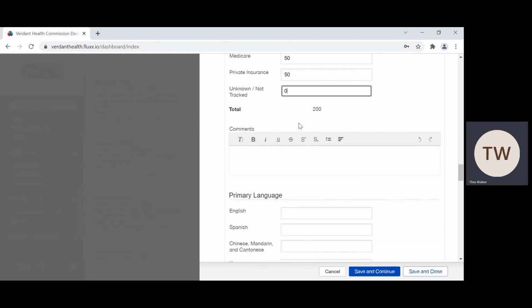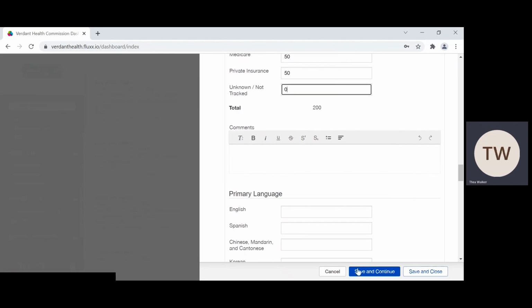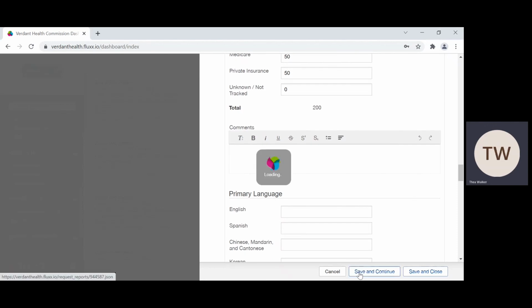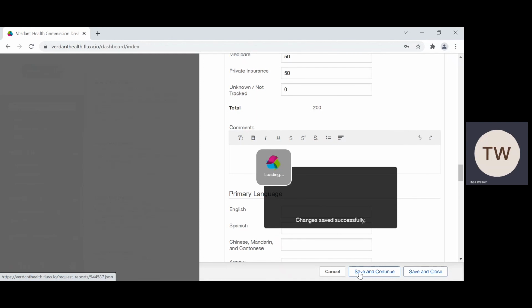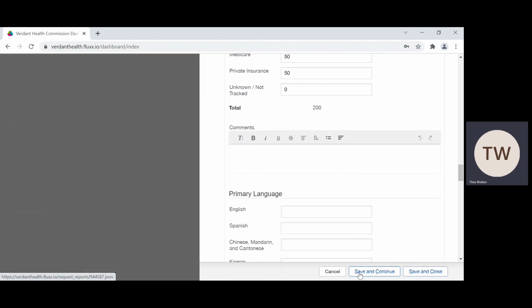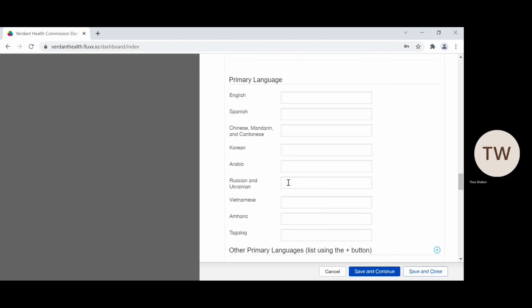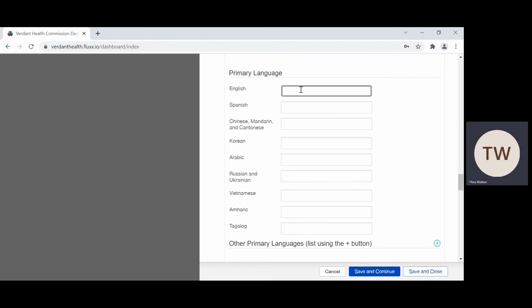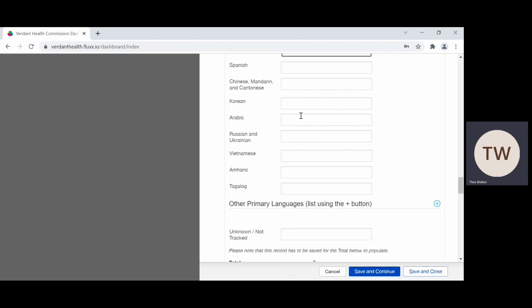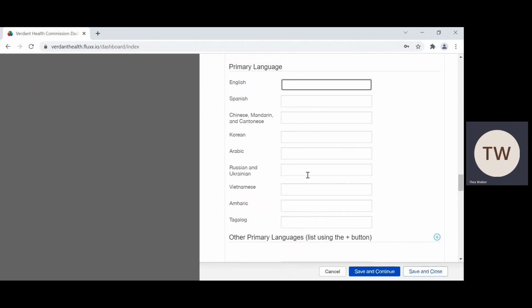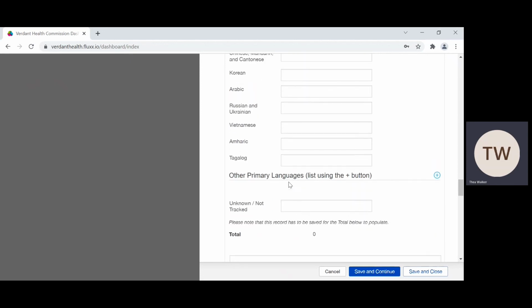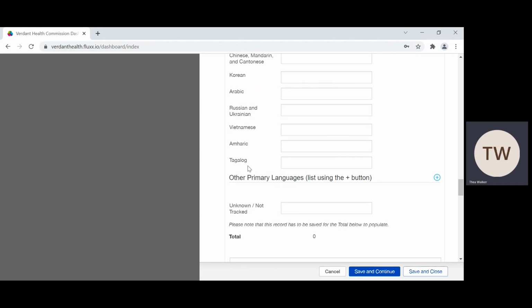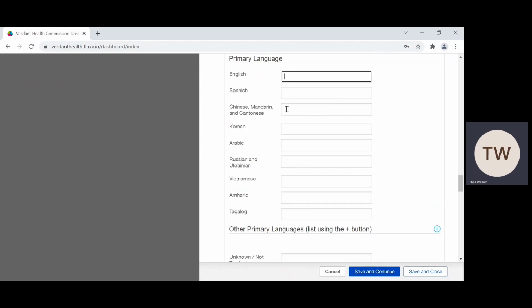I'd recommend about halfway through this hitting save and continue, just hitting it periodically just to save information so you don't have to fill it out all over again if the computer does something funny. Primary language. This one is unique. So this one, you are going to have this other primary languages portion. So once you are finished filling out this part,